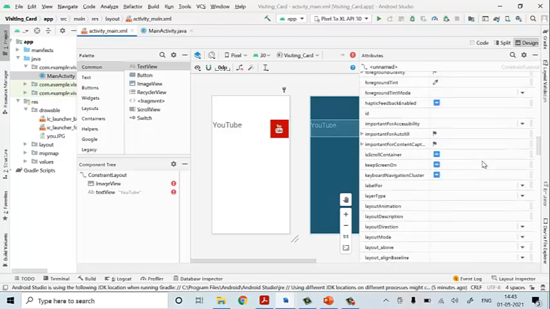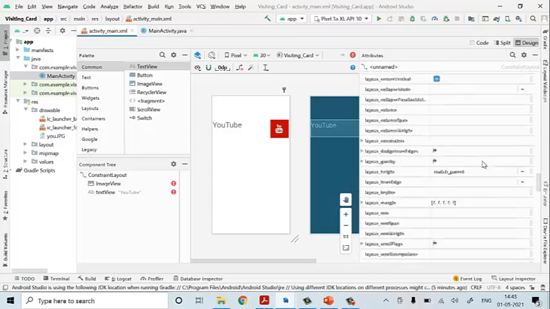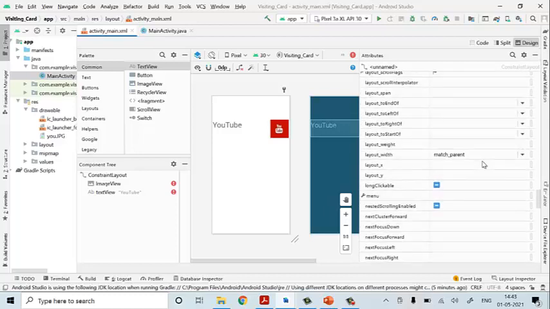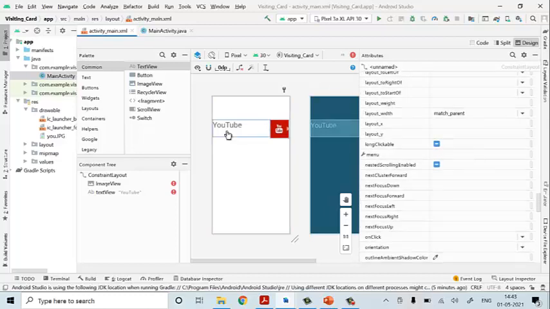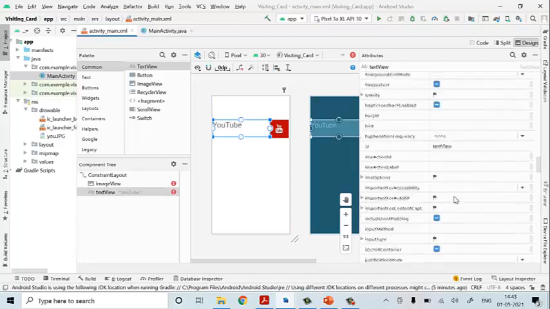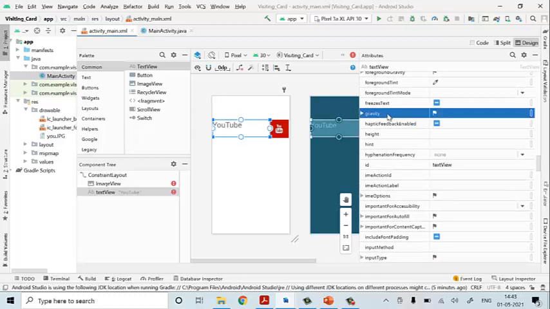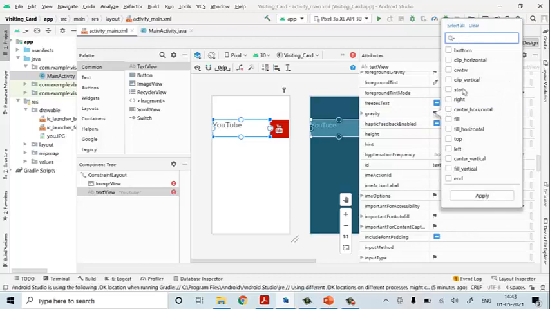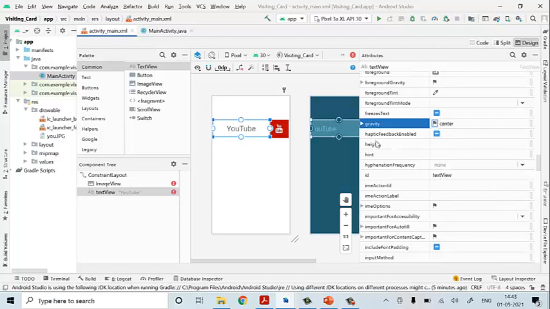GHE ID is there here. There will be a gravity here. So okay, sorry, we have to select this and then we need to search on the basis of gravity. Here we have a gravity that we need to change it for center. See, here there will be a center. You need to click this and you need to apply it. So now it has been moved to your center.